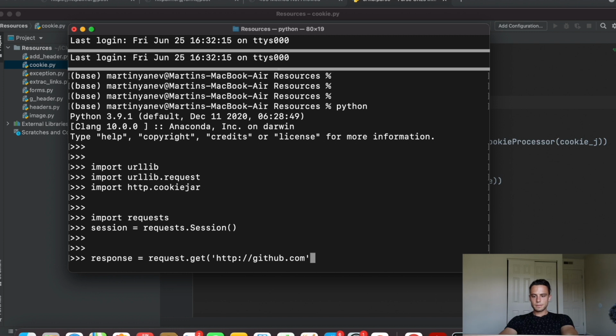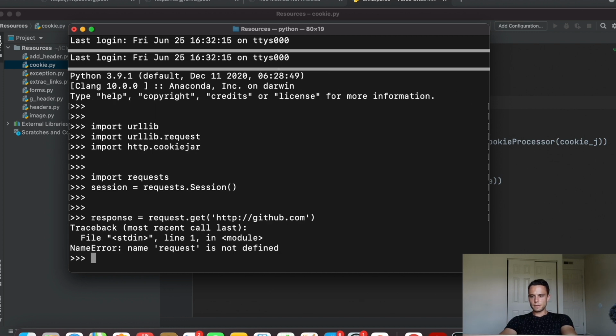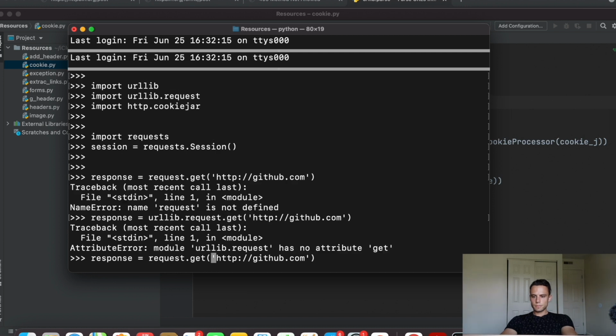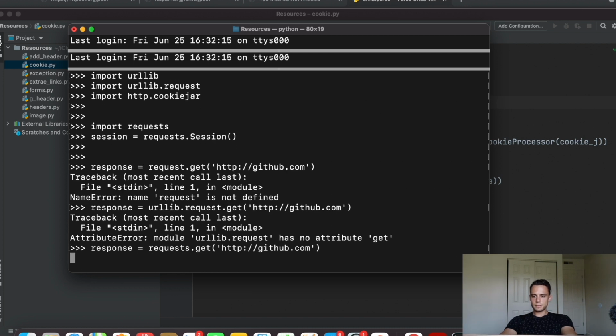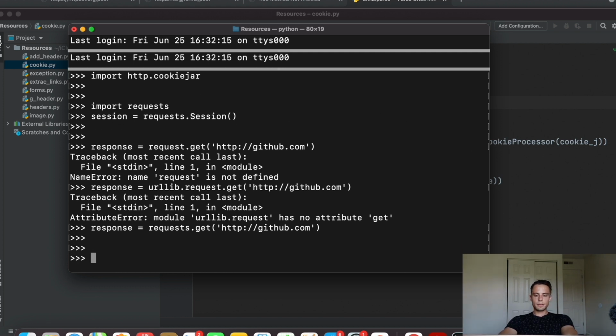It says request is not defined. Yes, so let's do then urllib.request. So then I will do requests. Yes, I think that's gonna be accepted. That's it. It took some time, but now it's good. So let's do now print and then response.cookies,